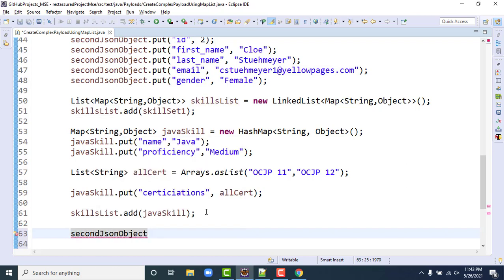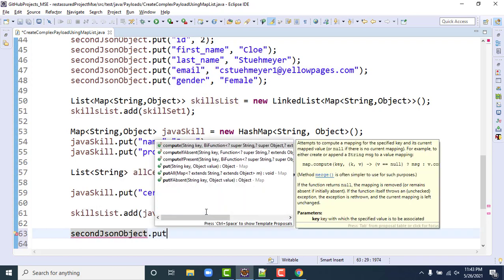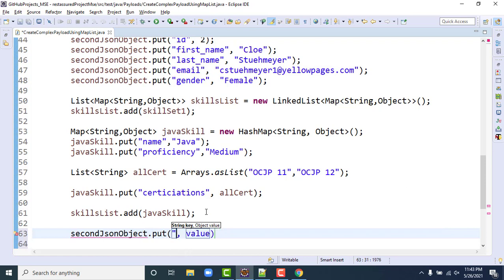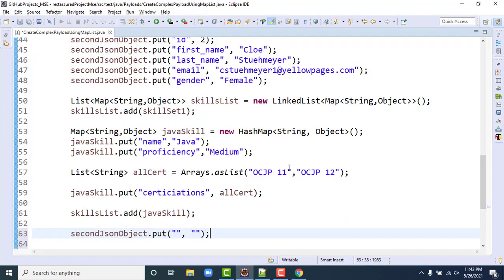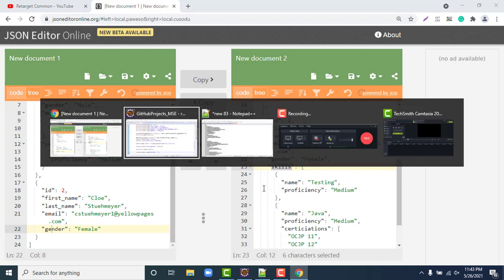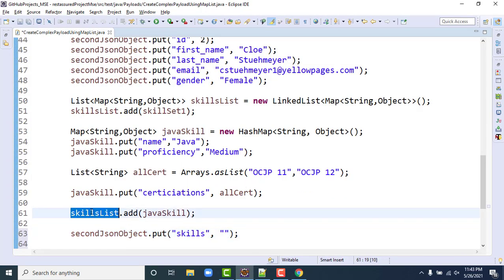Because secondJSONObject.put, so this skills we need to add, right?